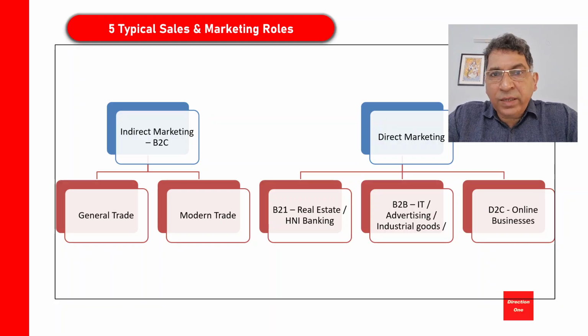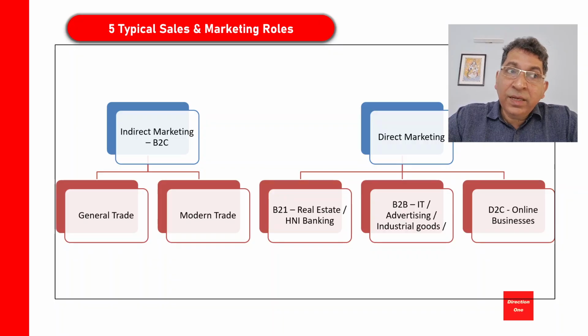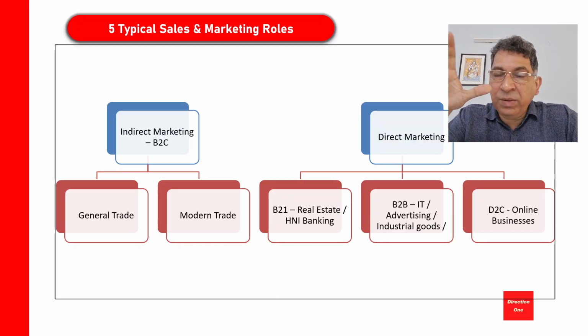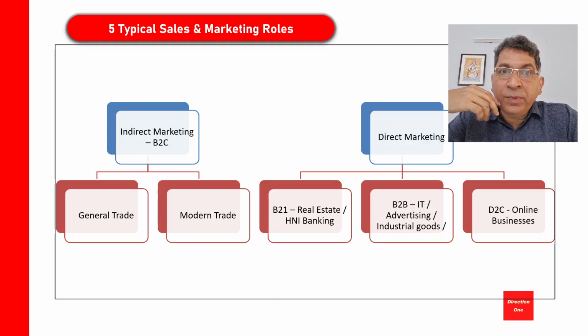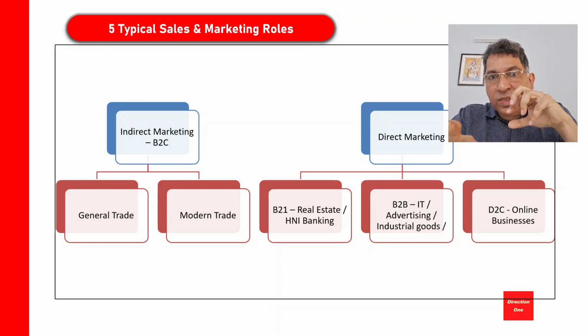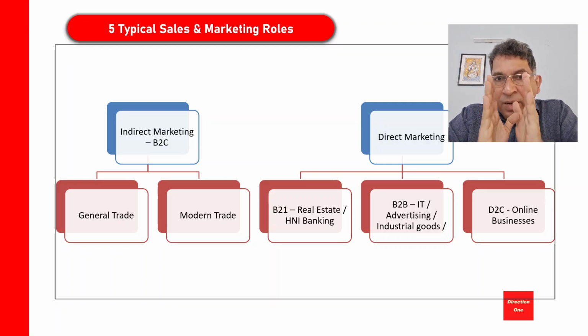And the fifth type of marketing role, which is recently getting popular, is what is called D2C. So what is D2C? D2C is like FMCG, but here I am putting up an e-commerce site, maybe on Shopify, maybe on my own platform, and I am selling the product directly to the consumer. So Flipkart, Amazon, Myntra, Meesho, all these e-commerce companies are selling directly to the end consumer. The product gets delivered through a supply chain, through a logistics provider, but the marketing is happening directly. There's no channel member involved.